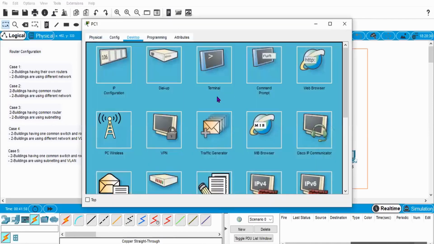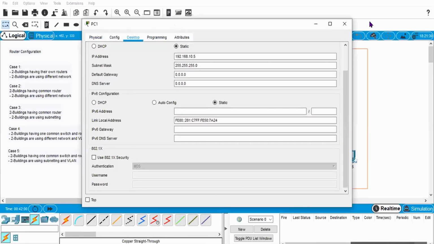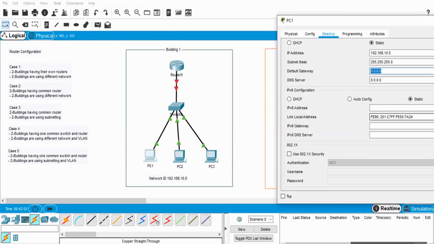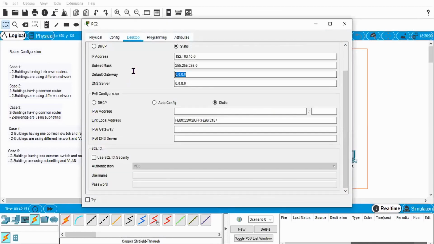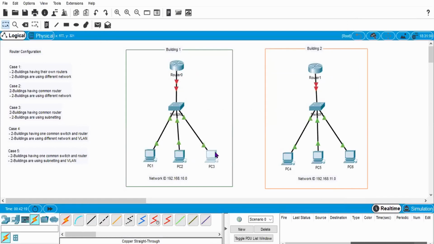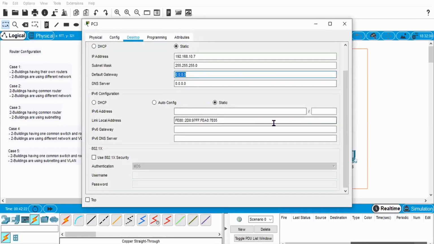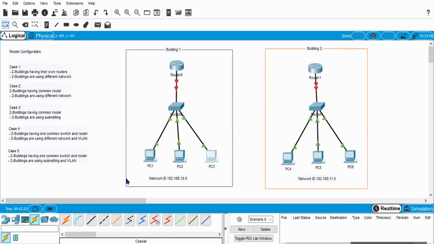What I am doing is taking this default gateway, which is the first address, 192.168.10.1. This is the first address of 192.168.10. So I need to paste this default gateway address to all the computers, or all the end devices, in this first building.